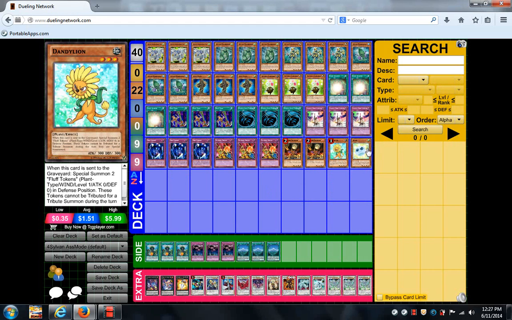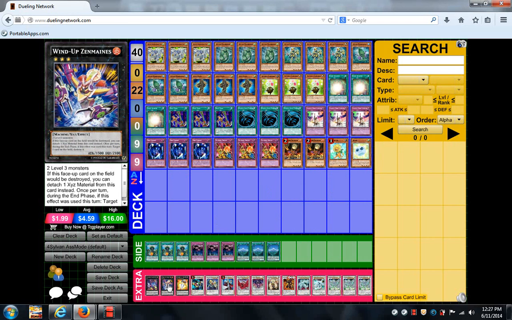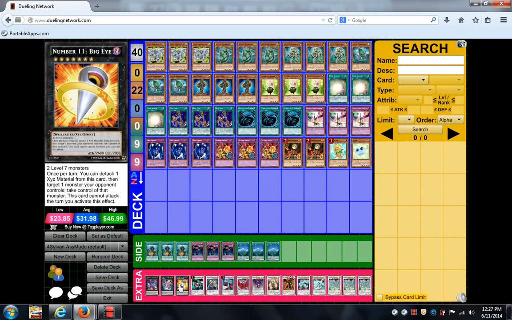Dandelion, Spore, you obviously know what to do with them. Slacker for defense, Zen Main for defense, plus it helps you get rid of back row or anything you need to get rid of. Big Eye